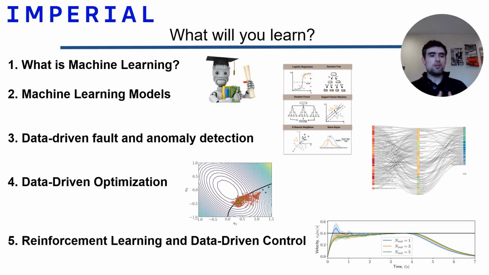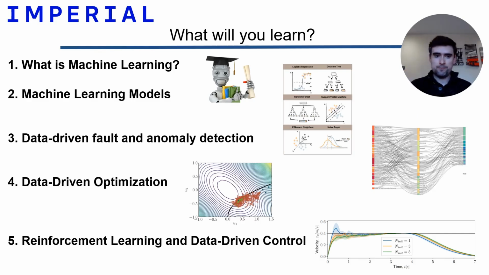We've structured the course into these 5 different sections. The first one is very brief. That's basically all we need today. So what is machine learning? Then we'll be going through different machine learning models. Then how you can use machine learning for things like fault detection or anomaly detection. Then going into what we call data-driven optimization. And finally, how you can apply machine learning to dynamic systems and control them, such as reinforcement learning, maybe to play games, but also using data-driven control to, for example, control reactions or reactors and supply chains and this